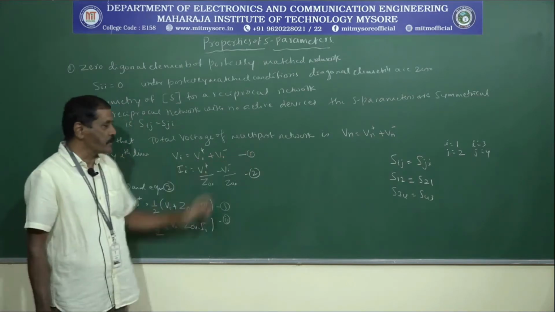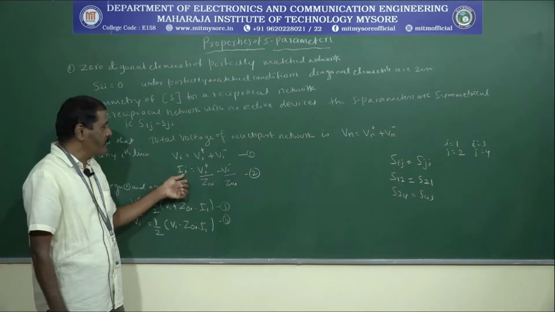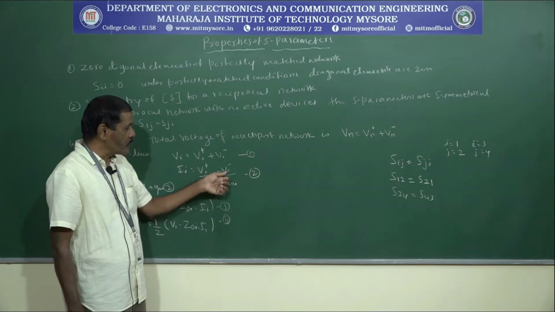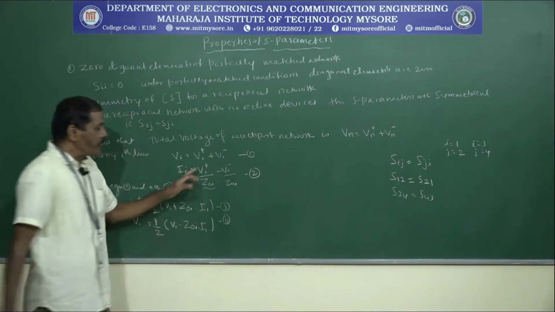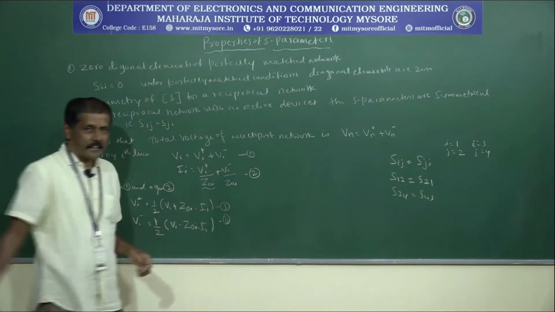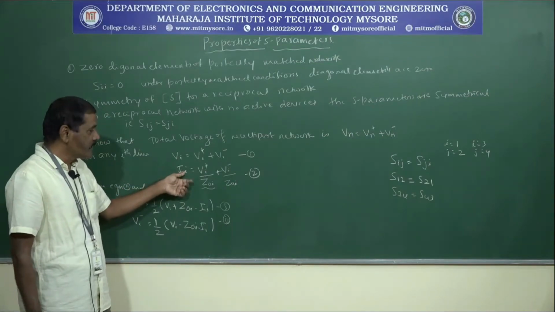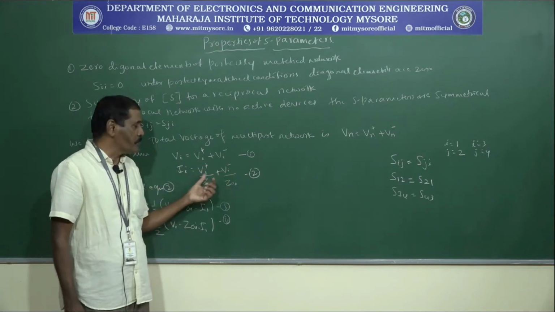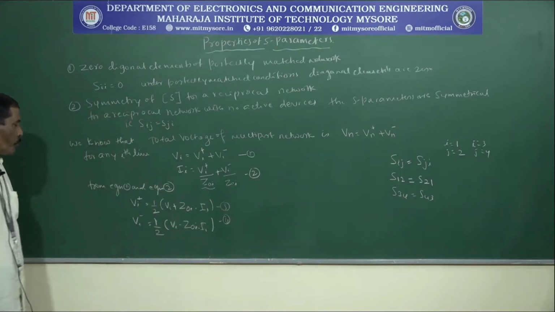Let us call it equation number 1. Similarly, for the same line, the current is Ii equal to Vi plus divided by Z0i minus Vi minus divided by Z0i. This indicates your incident current and this indicates your reflected current. That is, the current across the ith line is the sum of the incident current and the reflected current. Call it equation number 2.